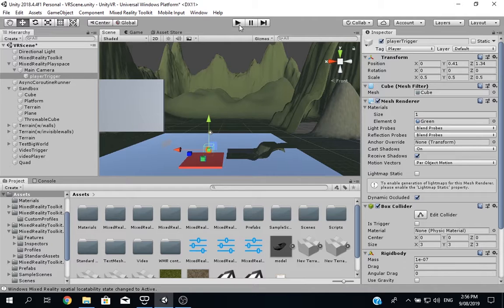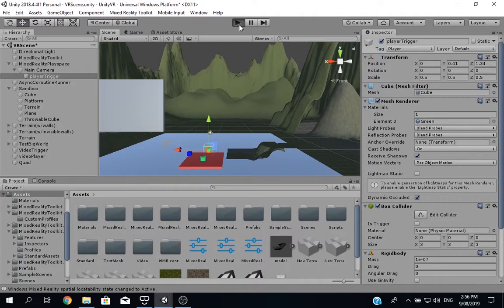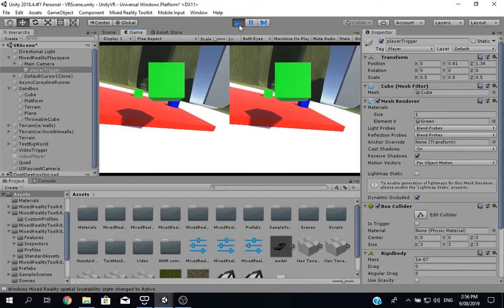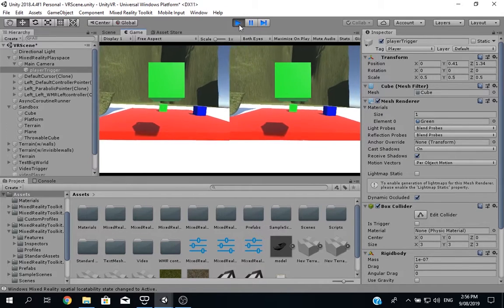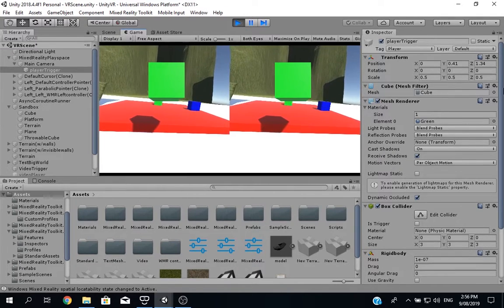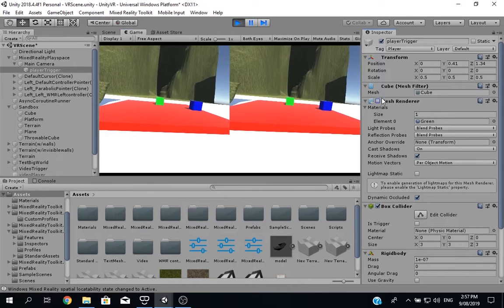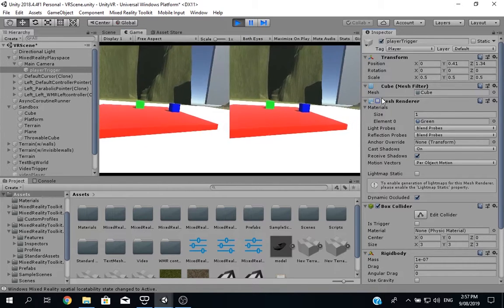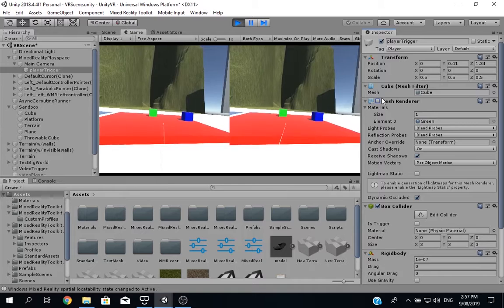So let's play, and on the other side, I've done it again, let's turn on the player trigger, let's turn that mesh render off so we don't see it. So on the other side of the box, there's